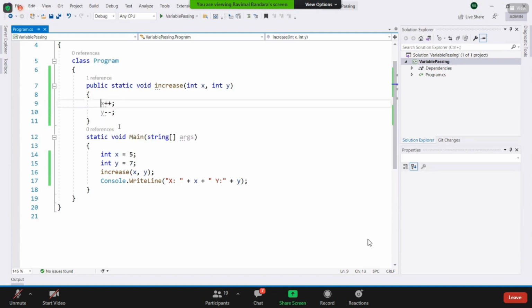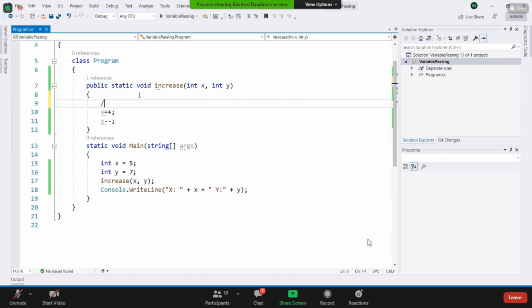This particular variable does not refer to that variable. What actually happens internally is that it creates int x and gets the value of this x, which is 5, and another int y equal to 7.